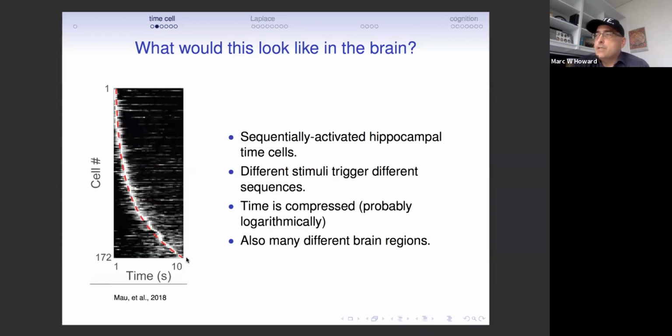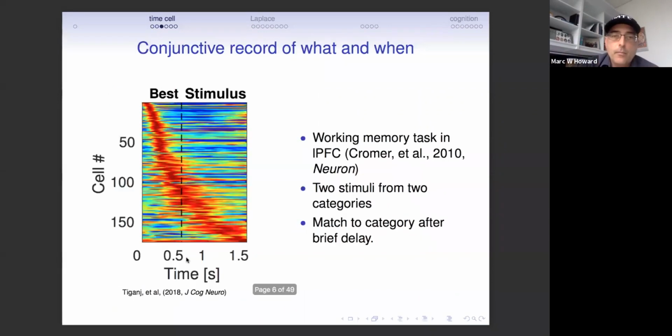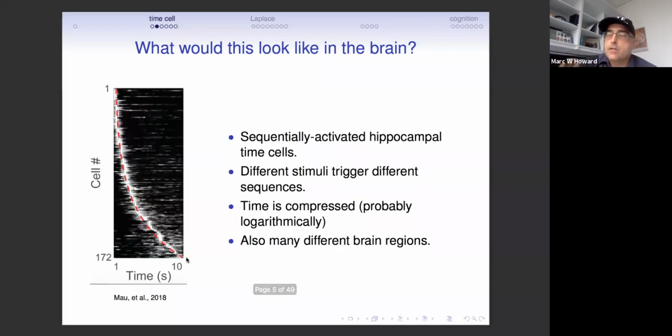And I'll also emphasize that although this phenomenon has received a lot of attention in the hippocampus, which is presumably responsible for episodic memory, we see very similar phenomena in a number of other brain regions, prefrontal cortex and striatum, that are presumably responsible for working memory and implicit memory or conditioning, however you want to define that. Okay, so I'm going to go through a series of studies here and sort of convince you of these points in more detail.